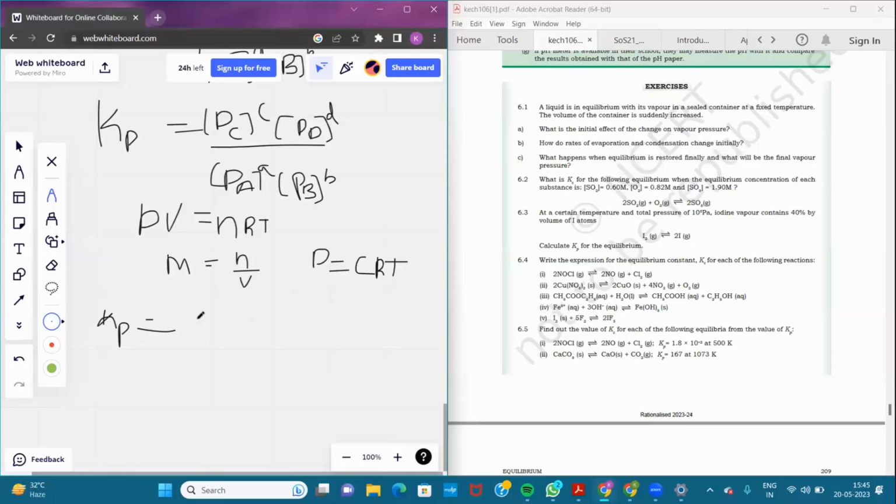So by replacing that, we can write concentration of C into RT whole power c, concentration of D, power d, RT power d,